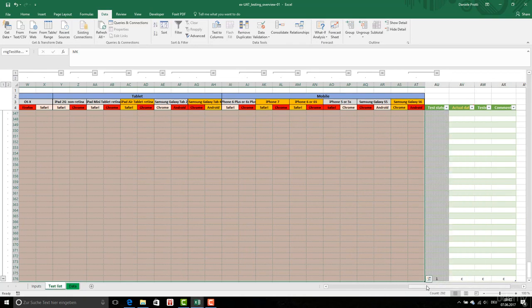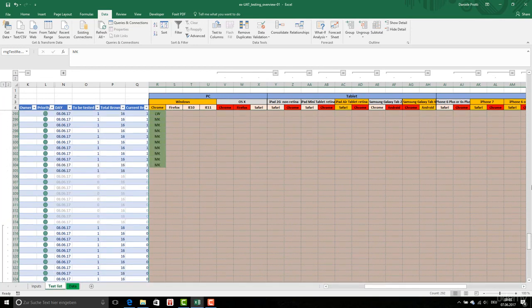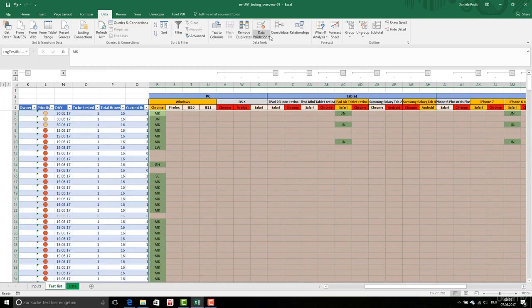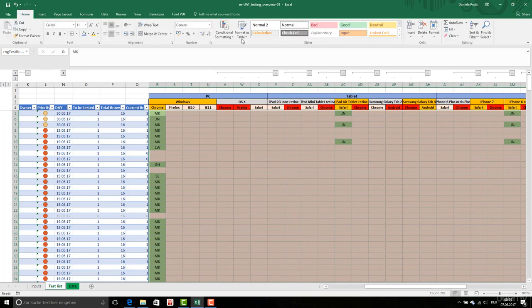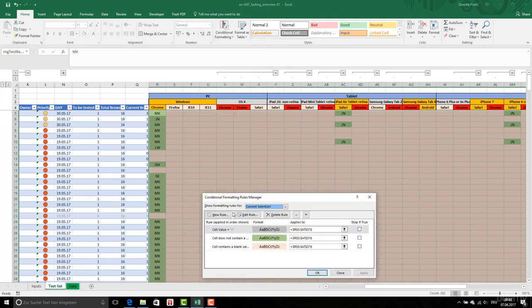Okay, and I'm doing another conditional formatting. I want these columns to have a special pattern, so that people may ignore this if they need to do tests as fast as possible and don't have time. So we're going to do the following. We're going to click on Home, Conditional Formatting, Manage Rules, and then New Rule